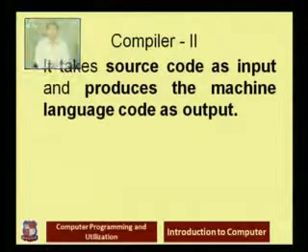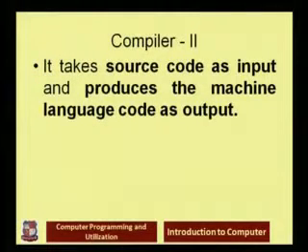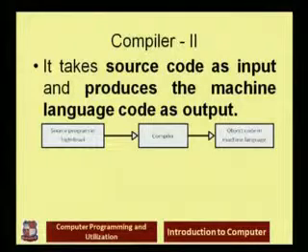So the compiler takes the source code as input and produces the machine language code as output. The following figure illustrates that it takes the input and then it produces the machine